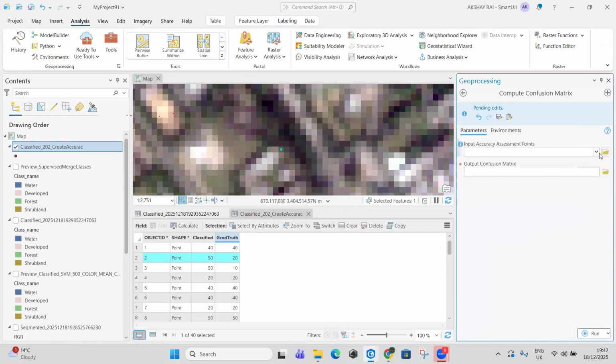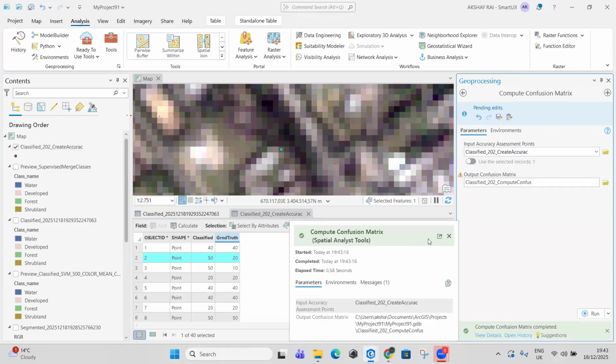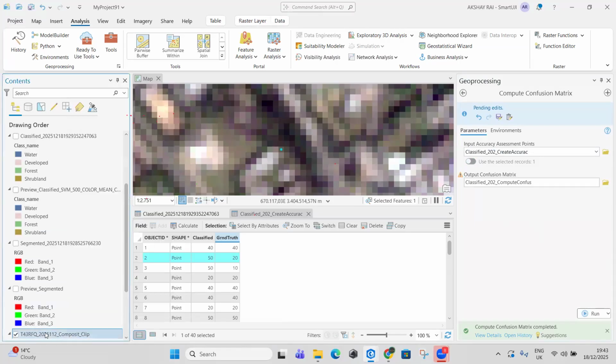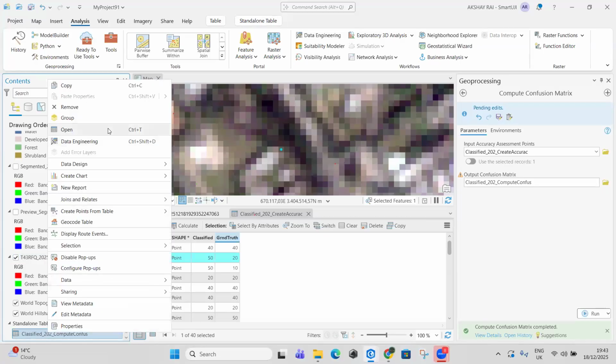Now in the points, you will select these points. If you remember the total number of pixels from the table, this time the total number of pixels will be 40 because we did our observation on 40 pixels. It depends on you how many you can choose. So I choose these points and it will now create a confusion matrix. When I run this, a confusion matrix is created. It will be shown at the very end of your contents list. And when I open it,